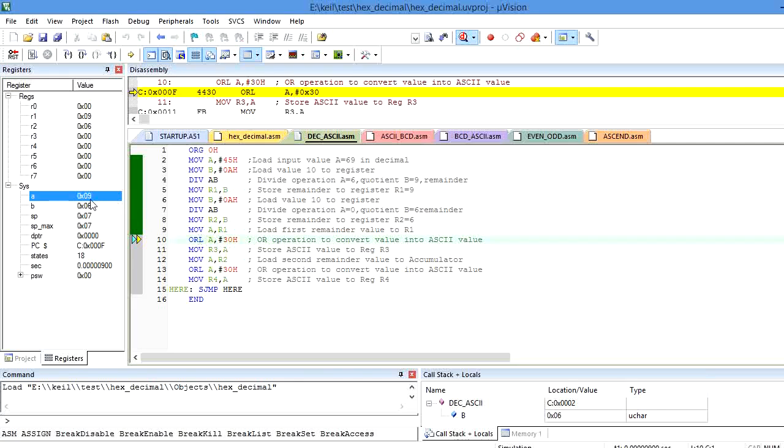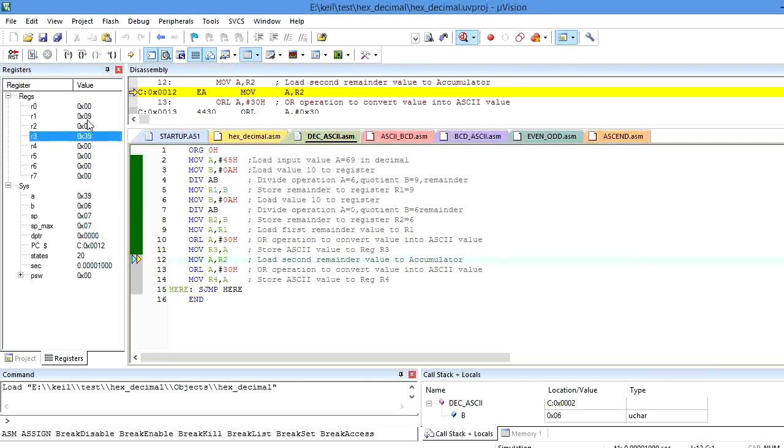Here 9 is the decimal value. After execution of the logical OR instruction, the ASCII value of 9 is 39. It is stored in the accumulator by using the instruction ORL A, #30H. So 39 is the ASCII value for decimal 9, which I am going to store into the R3 register by using move R3, A.